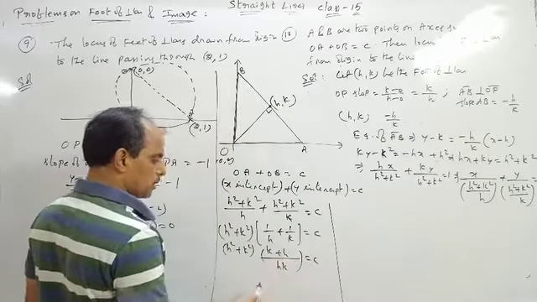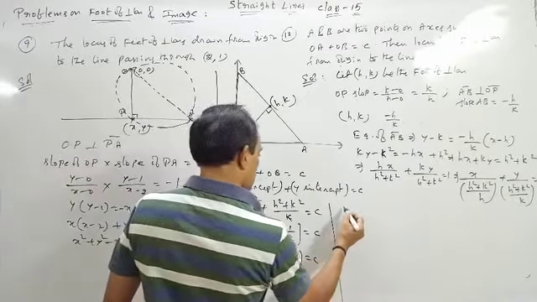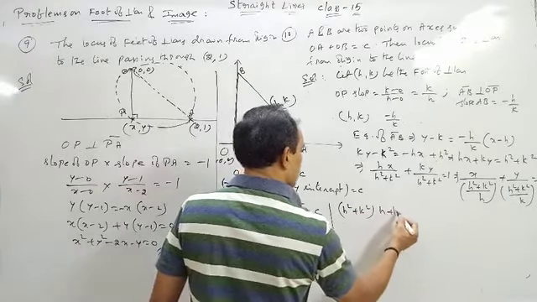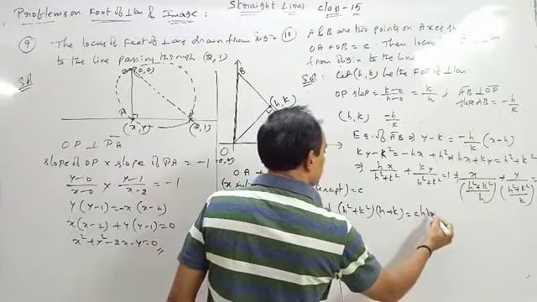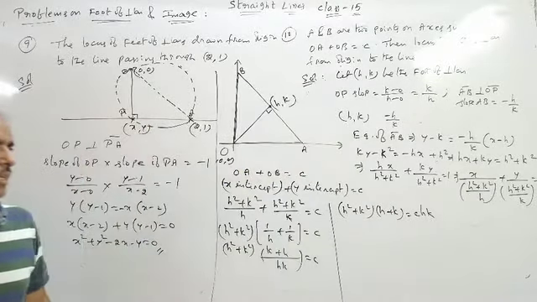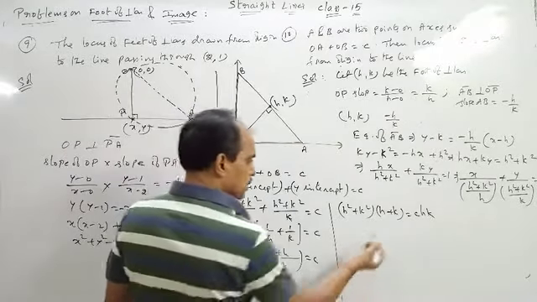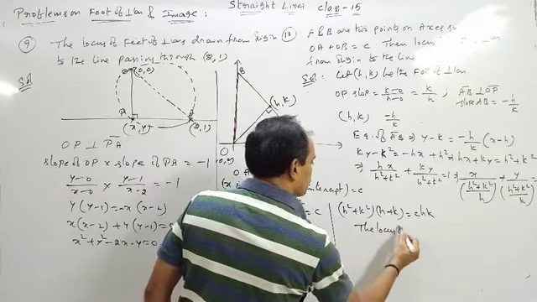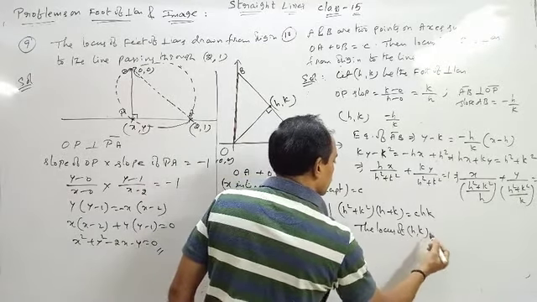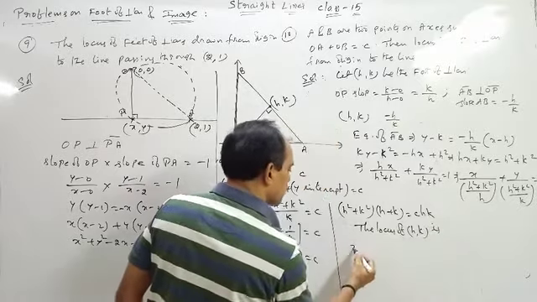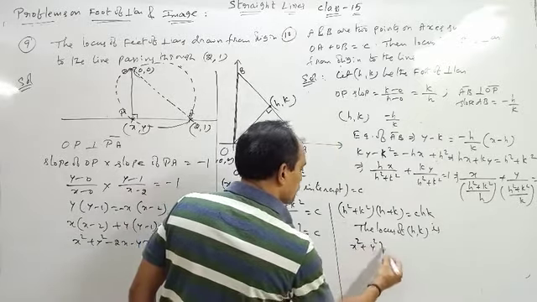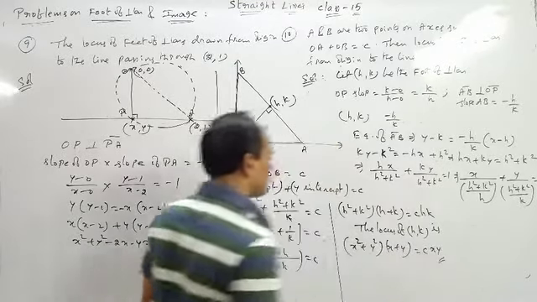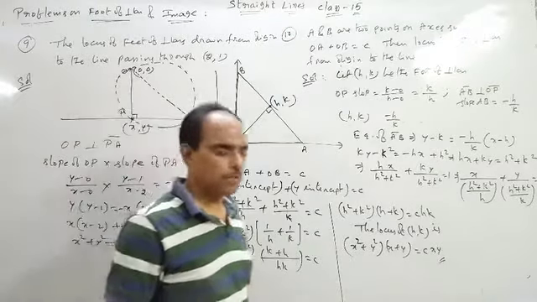Now cross multiply. h square plus k square into h plus k is equal to C into hk. Correct? C into hk. Now C is a constant. Therefore, the locus of h comma k is (x square plus y square) into (x plus y) is equal to C into xy. Okay now? Write down the question.